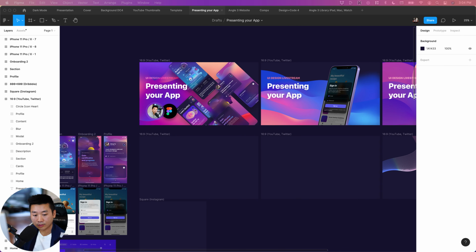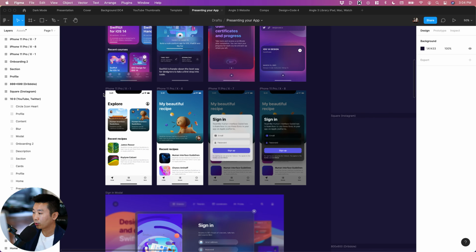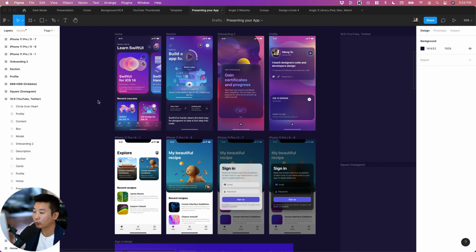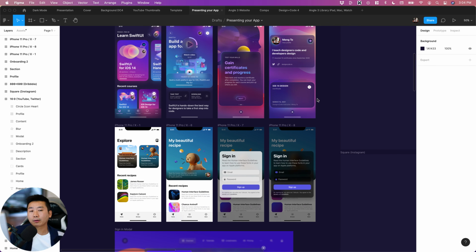All right, great. So first of all, you want to be sure to pick the best screens that represent the app that you're trying to design. So the home screen, the detail screen, the onboarding screens, the account screens. So think of it as kind of like presenting your app, whether you're doing it on a keynote presentation or you're doing it